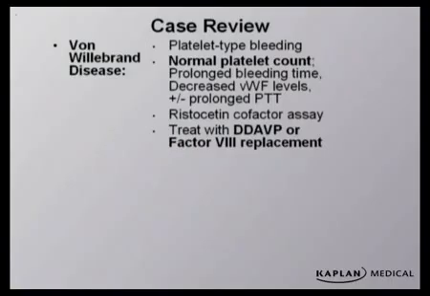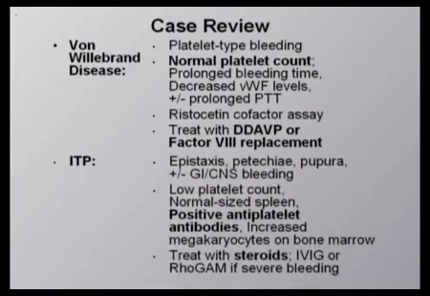It secretes von Willebrand factor VIII. It secretes procoagulant factor VIII. So DDAVP is also used in some mild cases of hemophilia A, because factor VIII is missing. So I told you it secretes a little bit of factor VIII, good enough to stop the bleeding in the mild cases of hemophilia. ITP, what this patient had, epistaxis, petechiae, purpura, and plus GI, CNS bleeding, but I told you, for your purpose,